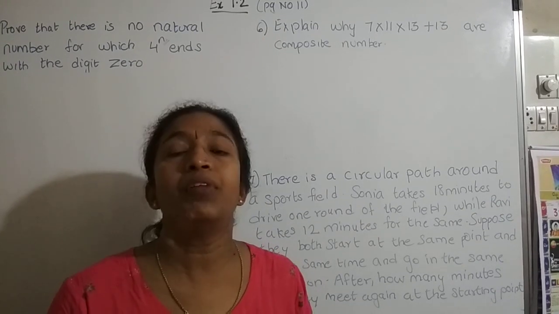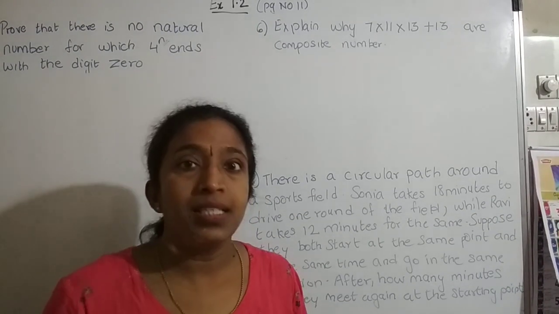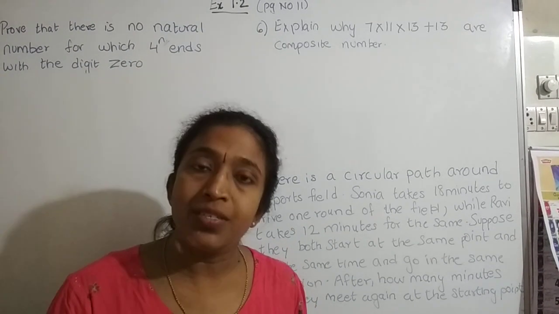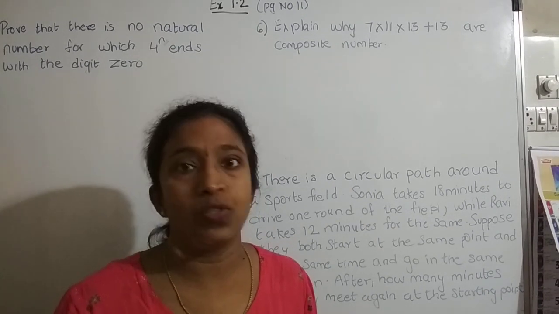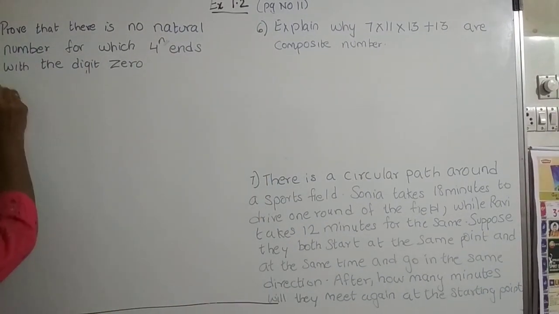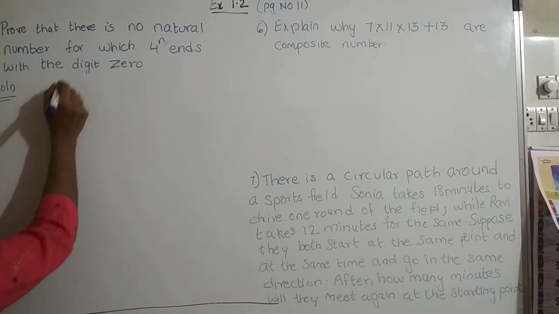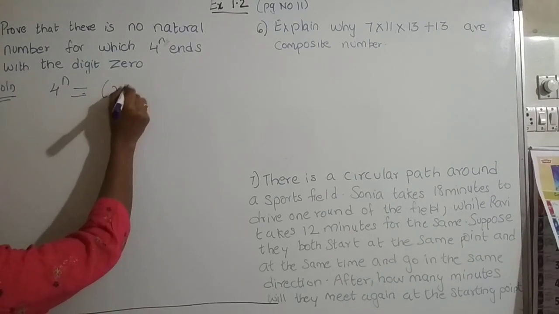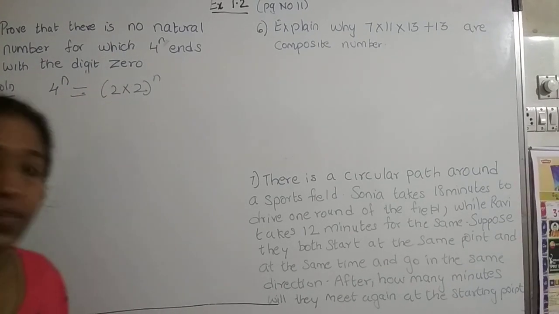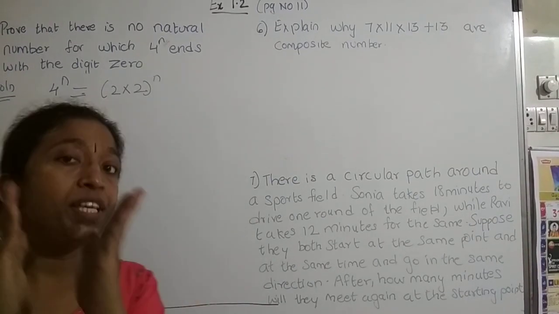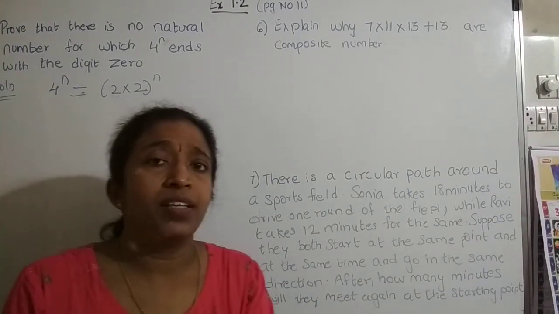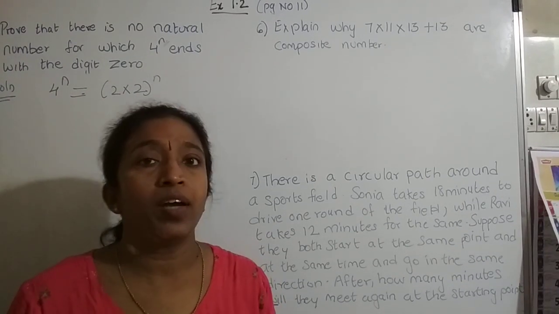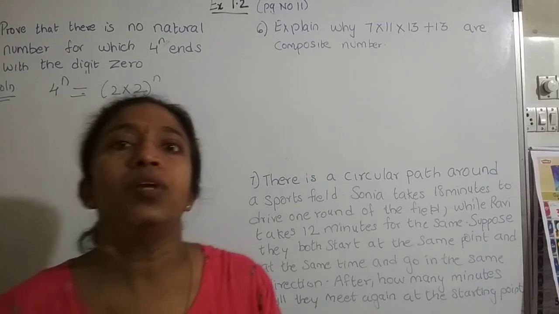This is a practical example we are showing. Is it possible? Here, as I said, this chapter is a little theoretical, where you have to use prime factorization and Euclid's division lemma and show it. You cannot give examples and justify, correct? So here we will first write the prime factorization. What is the prime factorization of 4 raised to n? 4 raised to n can be written as (2 into 2) the whole raised to n. Do you all agree? When we factorize, 4 can be factorized as only 2 into 2. So 2 is the only prime factor of 4.